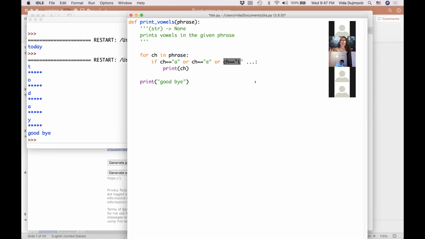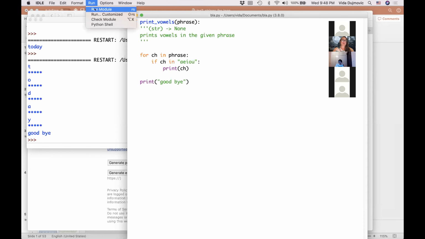But what I wanted to show you is a super cute way that I really liked the first time I saw it. And it demonstrates the ease and the beauty of the in operator. You've seen the in operator, and you are just asking, well, is this character ch one of these? A, E, I, O, U. You can just ask this: is it one of these? And that's it. Isn't this cute? I loved it the first time I saw it.